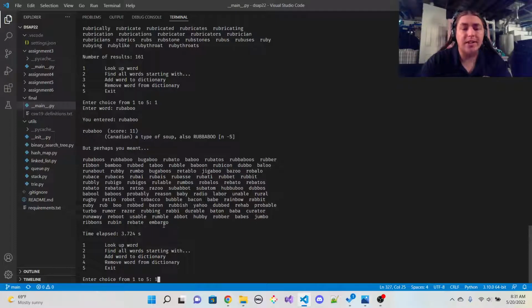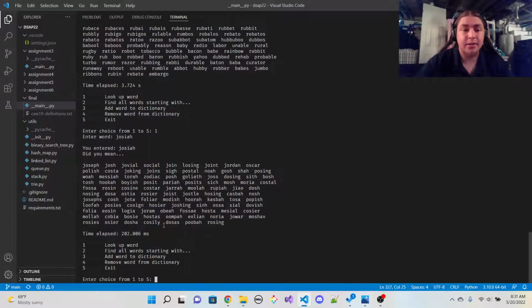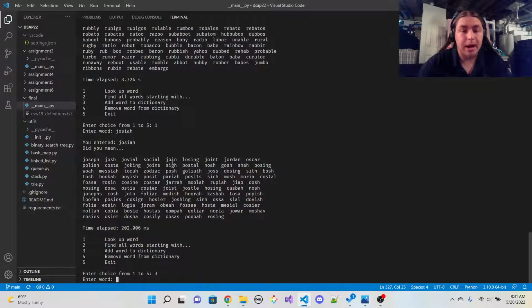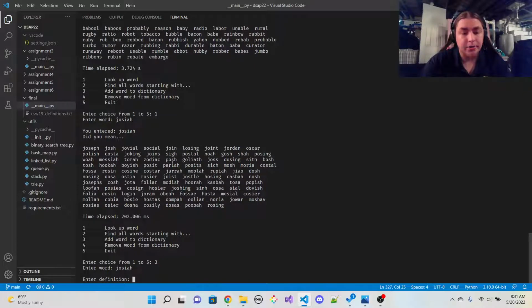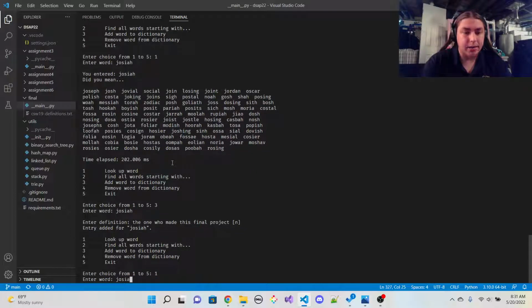And what if I wanted to add a word that I thought should be in the dictionary? Like, for example, if I look up Josiah, that isn't a word in the dictionary. But maybe it should be. So, I'm going to add it. So, enter word, Josiah, enter definition, the one who made this final project. And it's a noun. I didn't have to format it like that, but all of the other definitions are like that, so I thought I would. And so now if I look up Josiah,